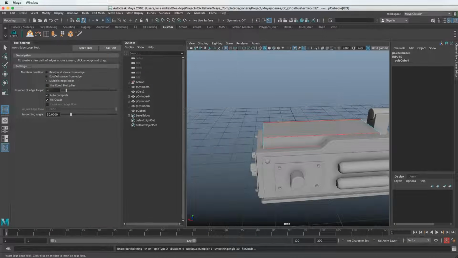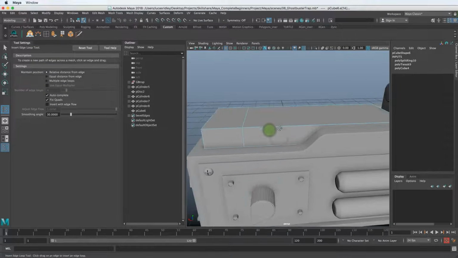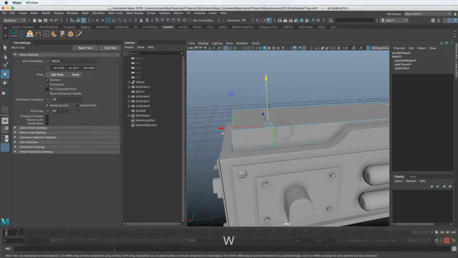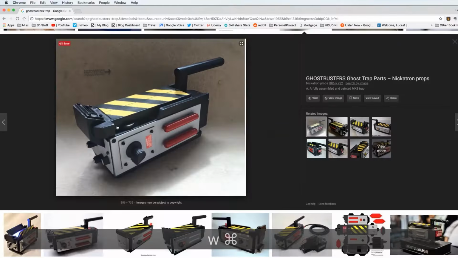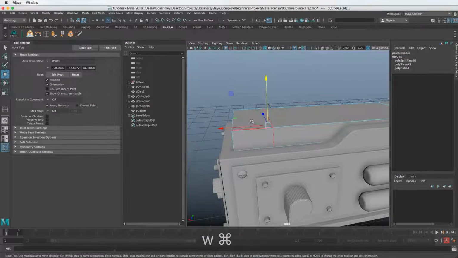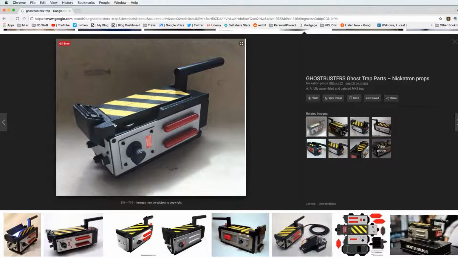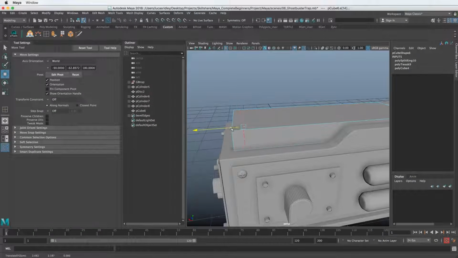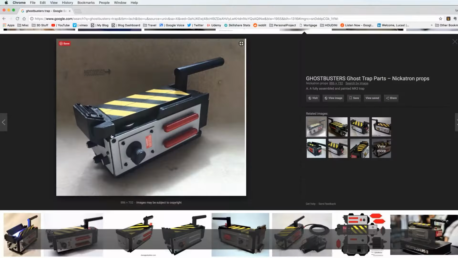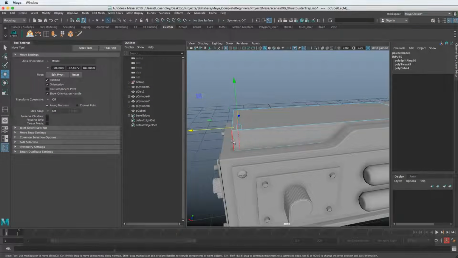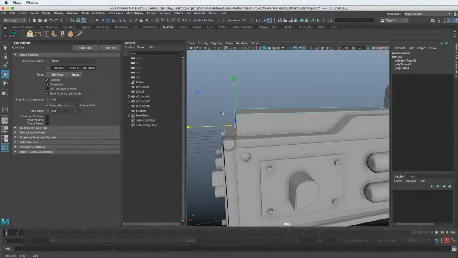So I'm just going to turn that off. Go to the relative distance and just kind of drag this somewhere in here and double click it, go back to the reference. It looks like it's pretty close to the edge. So I'm going to drag this all the way here. And what I'm looking at is this is going to be extruded outward. I don't know if you can see my mouse that well, but this needs to be pretty far to the edge. Might have to move all of this as well.